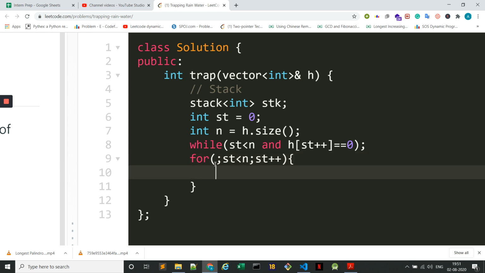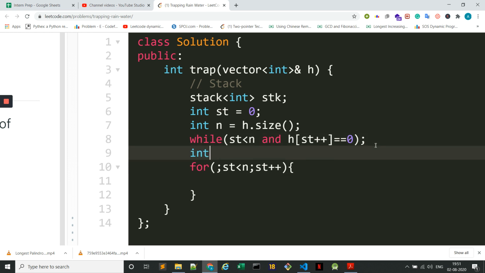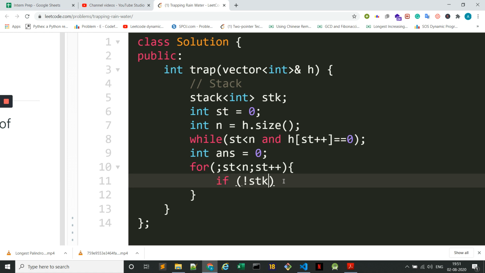Yeah. Now what I want is this st, right? So let us say we are storing the answer over here somewhere. If the stack is not empty, this is the first criteria that we need to check, and the second criteria is about the element. We will be pushing indices into the stack, right? So the stk dot top will give me the index and h of it will give me the height.